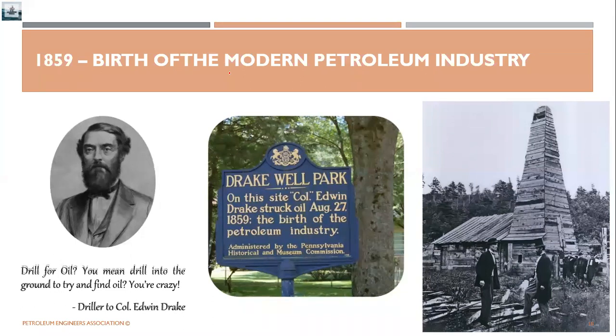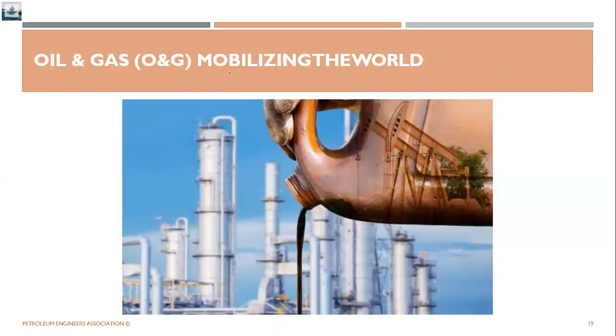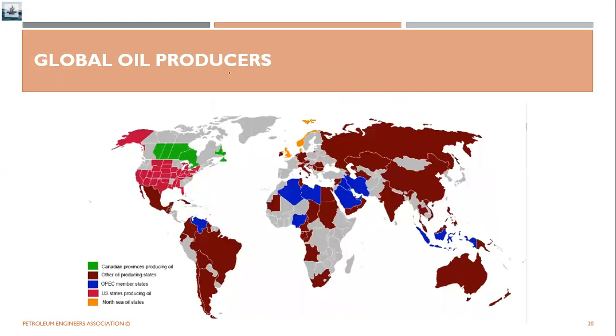And once oil was discovered, by drilling processes, or let's say by digging processes, we started seeing a massive increase, a boom in the number of exploration activities, or let's say a boom in the drilling activities. That's what happened. So currently, this is the status of the global oil producers.